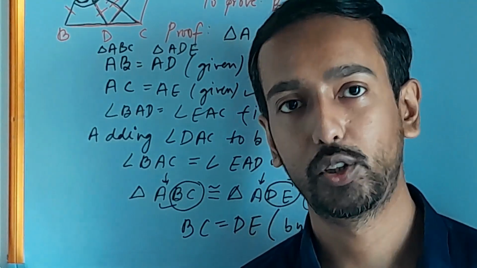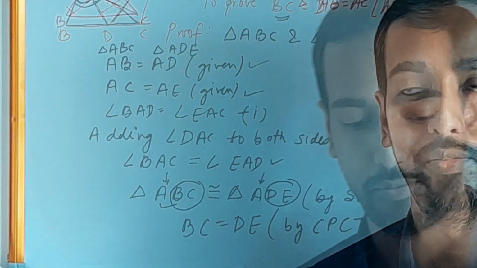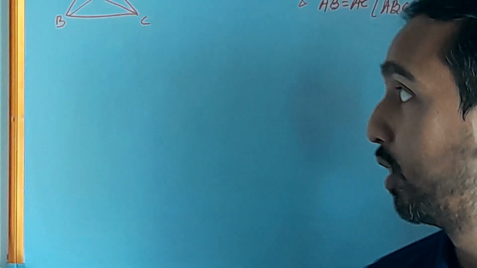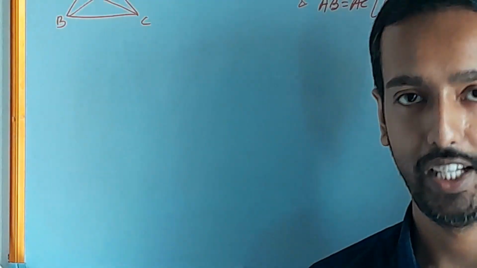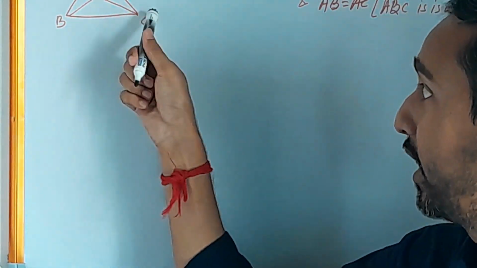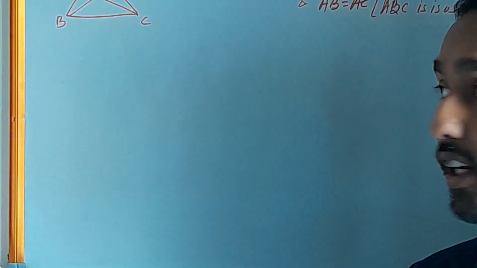So let's move on to the next question and let's see which important concepts we get to encounter. So here I have come again with a new question, and let's see how it can be solved. So here is a triangle which is given as ABC, BE and CF are the altitudes on the sides AC and AB respectively. So we have to prove that triangle ABE